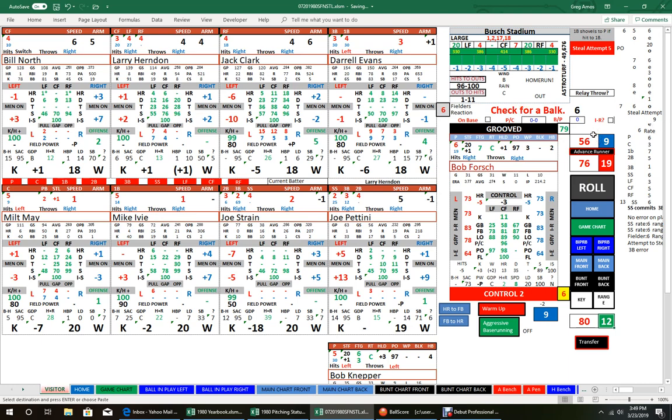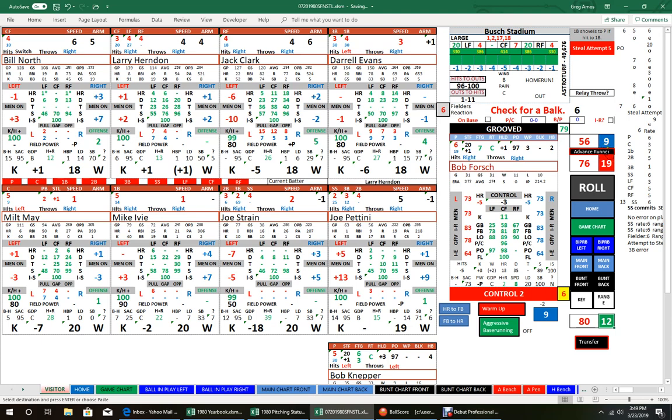I think that's one of the things that I don't have quite working 100%. I think it won't show up when you don't get a balk, but as long as nothing pops up, there's no balk. In this case, there's nothing to check. If you did check, you see the mouse turns into a finger right above it. You click it, and the routine runs. Anyway, 56 is less than 79, so he's got a